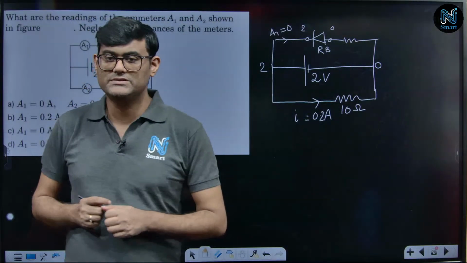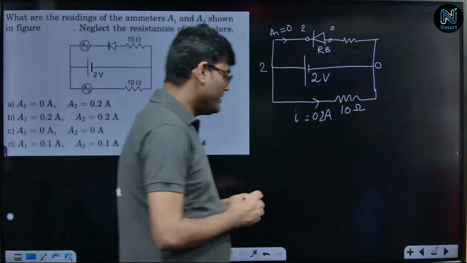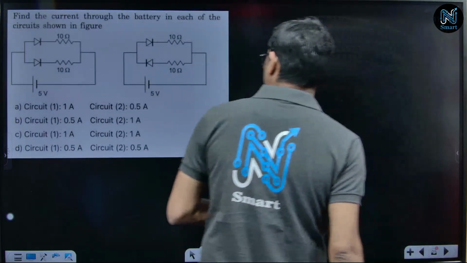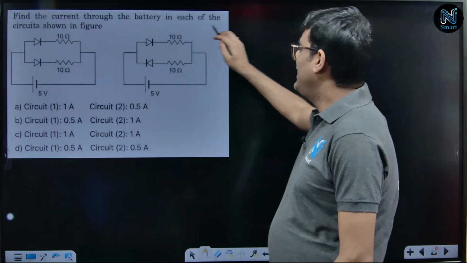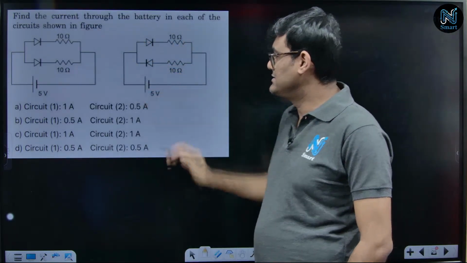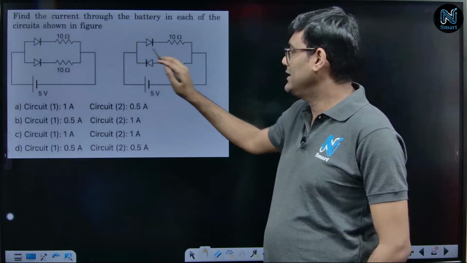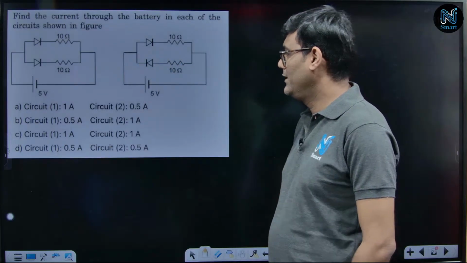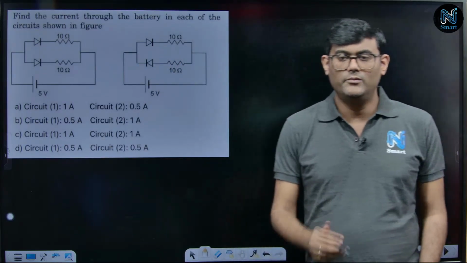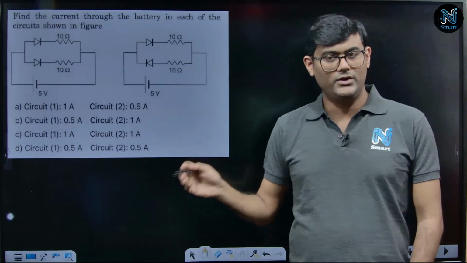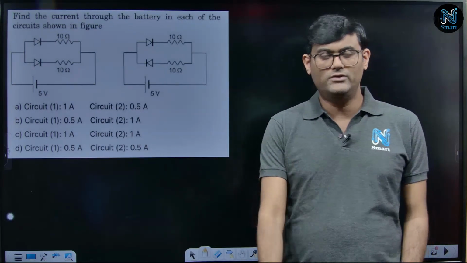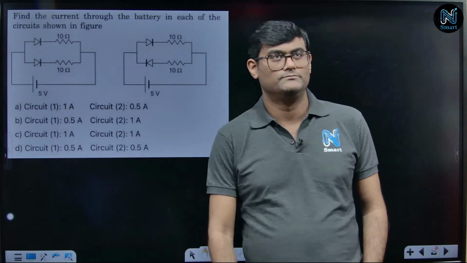I think the concept is clear, everyone. Let's move to the next question. Okay, find the current through the battery in each of the circuits. এই ব্যাটারি দিয়ে এই দুটো সার্কিটে কত কারেন্ট ফ্লো করবে? Would you like to give it a try? I'm sure you will get the correct answer. যদি তুমি আগের কোয়েশ্চেনের মেথডটা এখানে অ্যাপ্লাই করো, I'm sure যে সকলেই এই কোয়েশ্চেনটার কারেক্ট আনসার পেতে পারো।